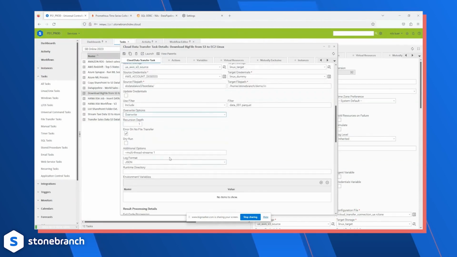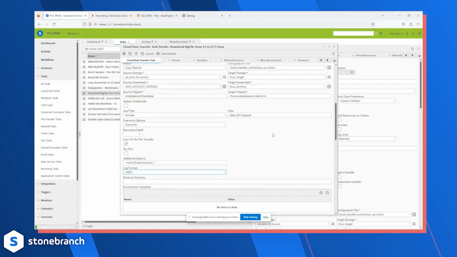And now you can also set the output format. So in this case, text or JSON. Again, you see there's also JSON, so that you have the log file in JSON. And what's nice is that under these additional options,